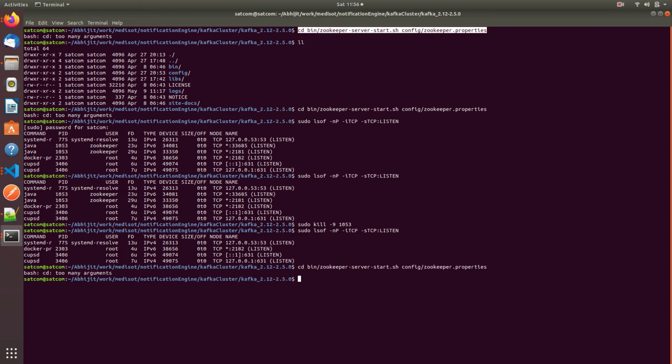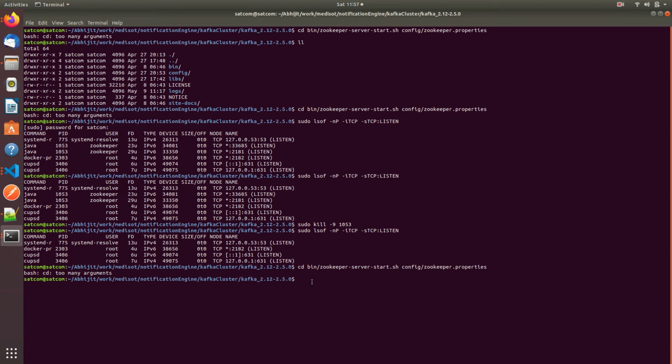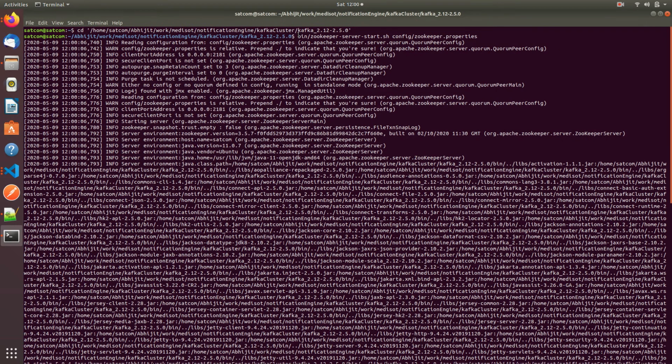So paste it. Now still it is giving too many arguments here. I'm not sure why. Let me check. I'm pausing the video. Once it is done I will be back. Okay, so look, there was maybe some problem, so I just closed the command prompt, and after closing it I just ran the same command. This is the command I need to run.